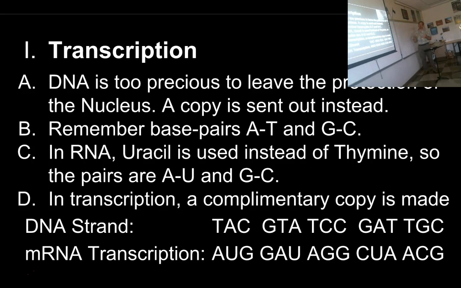So that's true on DNA, and now as we're writing DNA and making a copy of it in RNA, in messenger RNA, there's a little bit of a difference, because RNA, ribonucleic acid, doesn't have thymine, it has uracil instead. So any place you would have written a T, you write a U. Okay? So instead of A's and T's being paired, A's and U's are paired when you're writing messenger RNA. G's and C's don't change. Okay, so in transcription, we get a complementary copy of what the DNA gene sequence was.